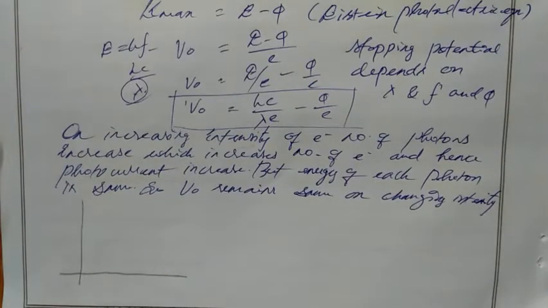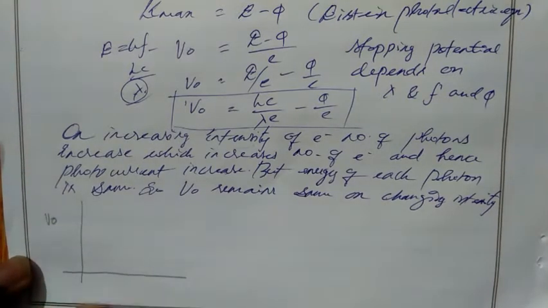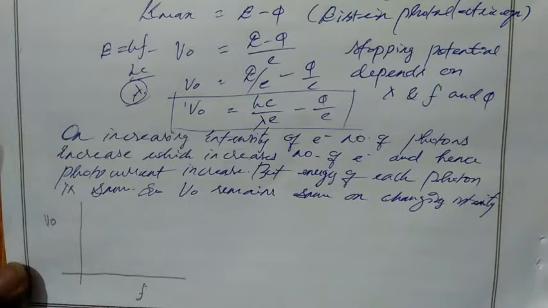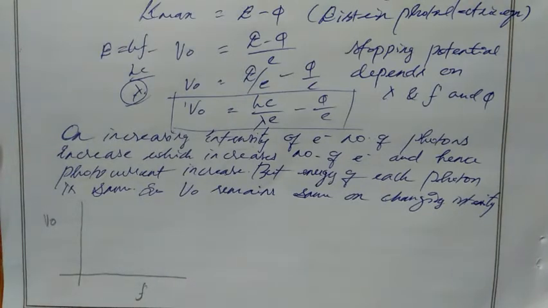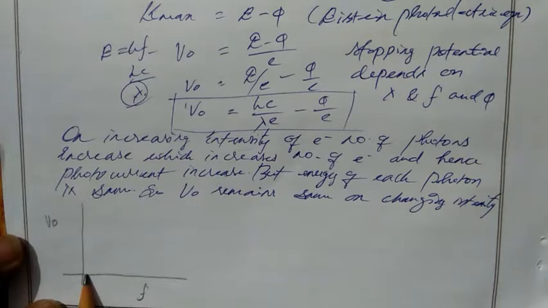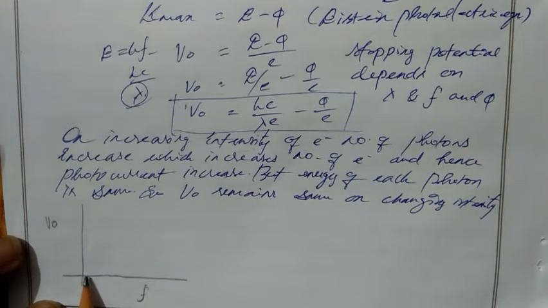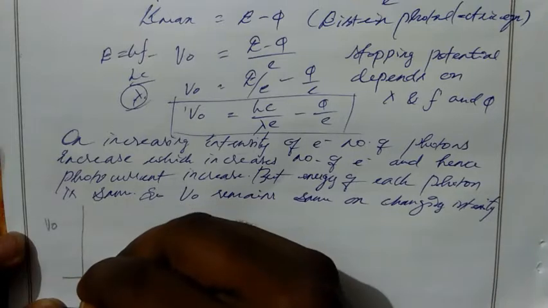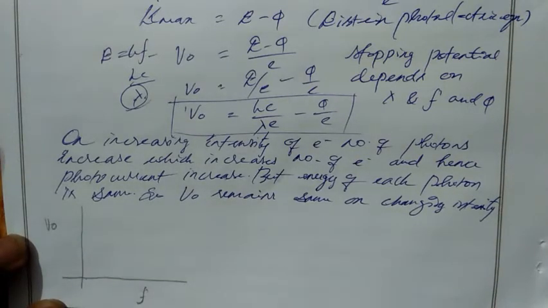Shall we draw a graph between stopping potential and frequency? So let's take stopping potential here and frequency here. What is threshold frequency? Electrons need a minimum frequency. Only after that frequency will electrons start to be emitted from the metal. Let's take two metals. For one metal, at this much frequency, there is no emission of electrons. Then we increase the frequency again, and here electrons will start to be emitted. Then the anode starts to repel, correct? So the stopping potential will also start to increase.